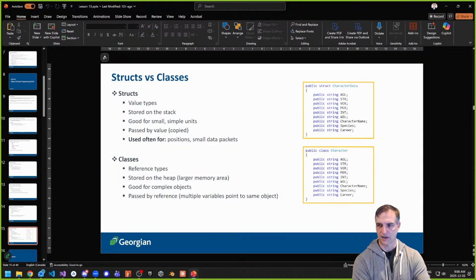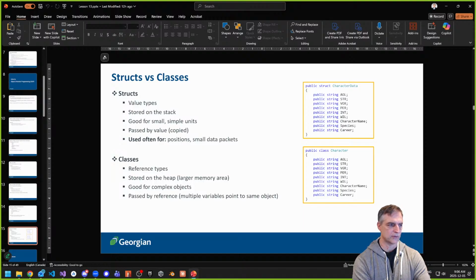Classes are reference types. They're more like arrays or lists than they are like strings or integers. Okay, so that's one thing to know about them. So you can create a reference to the class. You can use ref and out and those kinds of things with structs if you really want to, but with classes, it's automatic. It's automatically a reference. You make a reference to the class when you pass it in. Right, so that's something to note.